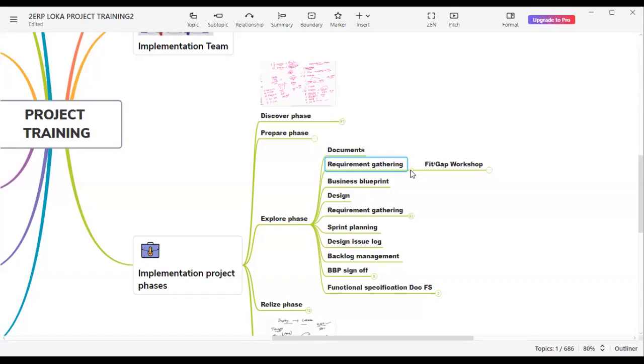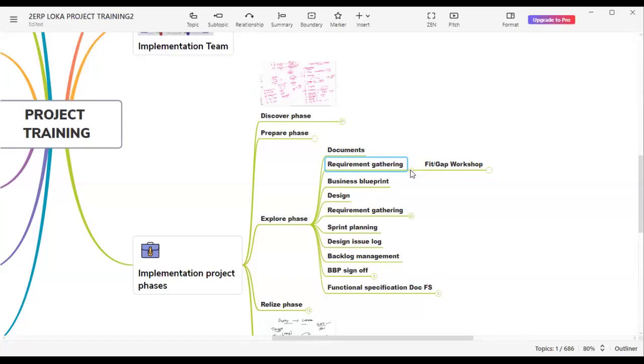We did not communicate that to SD people, and they designed their ATP such that whenever the stock comes, it would get committed to the sales order. We configured the system so that whenever the stock comes, it should commit to the STO. Now, in this case, the system is confused. From our side, we are telling the STO is prior, and for sales and distribution, the sales order is the priority. Now, how is the system going to adopt that functionality? So that is an issue. To avoid this type of issue, it is better to conduct a workshop.